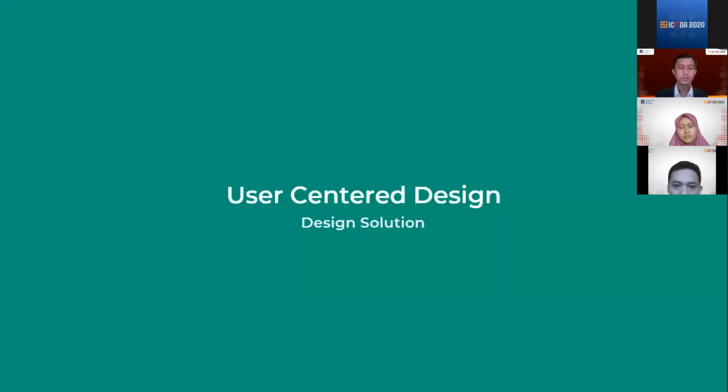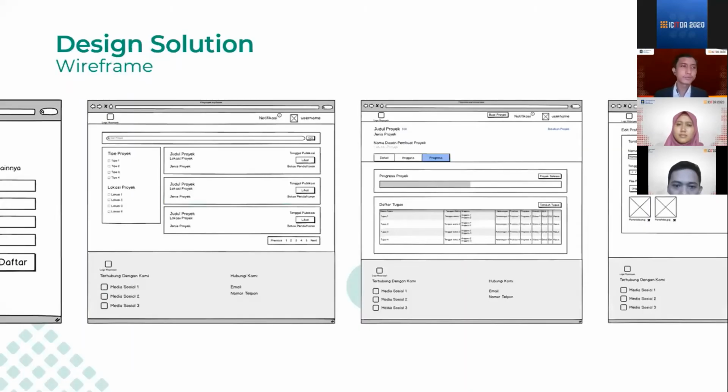And then we go to the third phase, which is design solution. In this phase, we design the prototype of the product step by step. So the first step is the wireframe, where we create a basic visual of our product, about how it's going to look and how it's going to be visualized. So we made a simple frame using Balsamiq Mockups, and you can see this is the final result